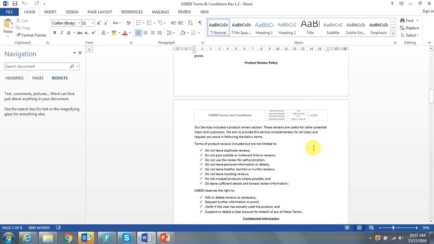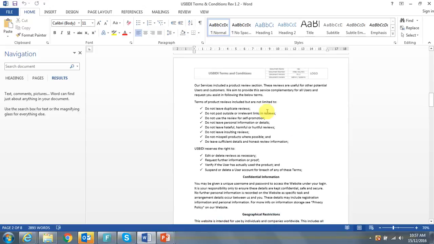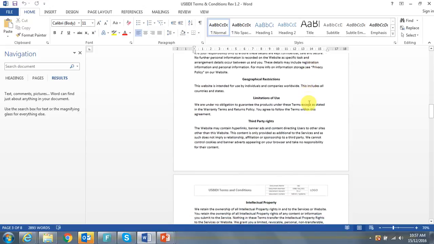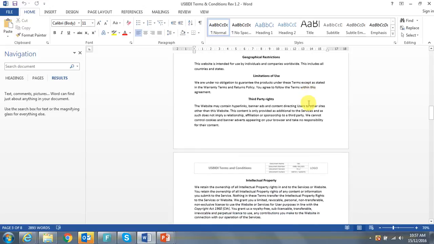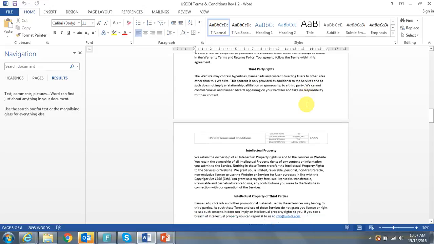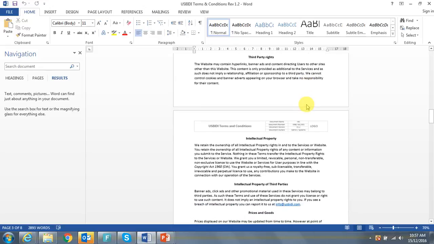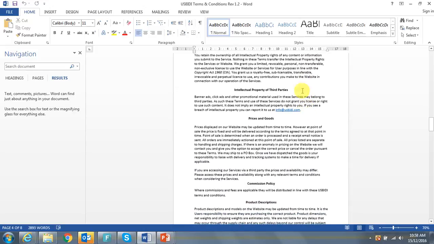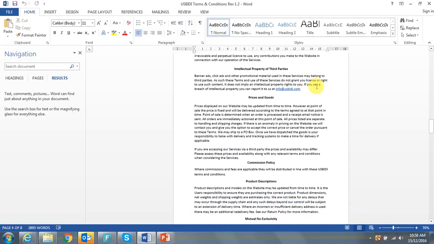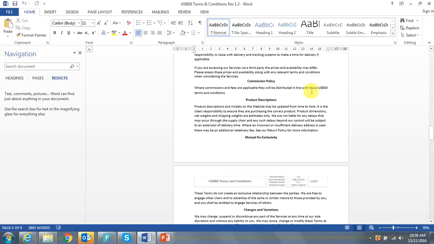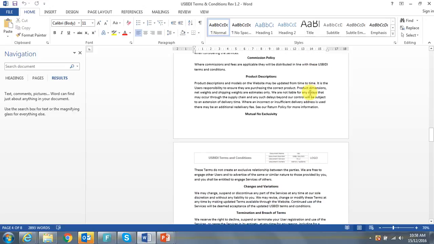You may have a feature to leave product reviews. If that's the case, there'll be some terms around the product reviews, confidential information of yours and of theirs, geographic restrictions, who do you provide the services to, any limitation of use, third-party rights, IP under the relevant act depending on what country you're in, IP of third party, exactly what your price points and goods and services will be,